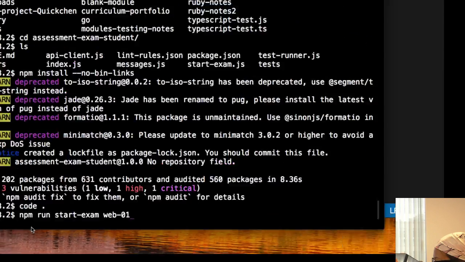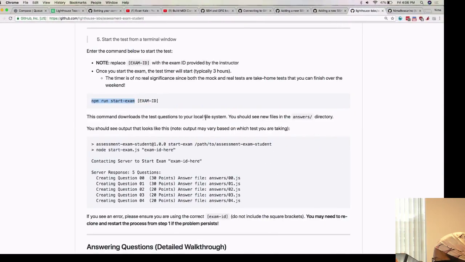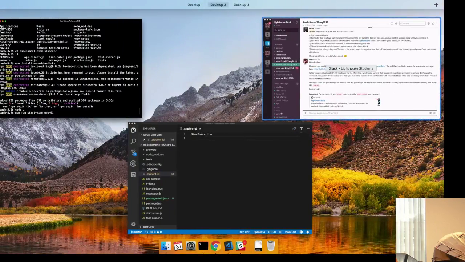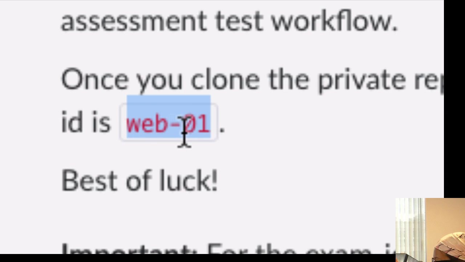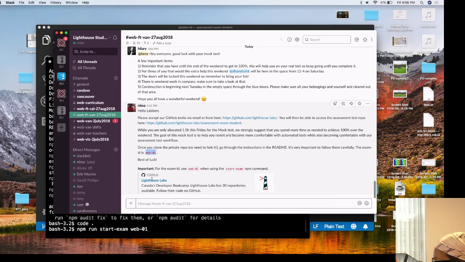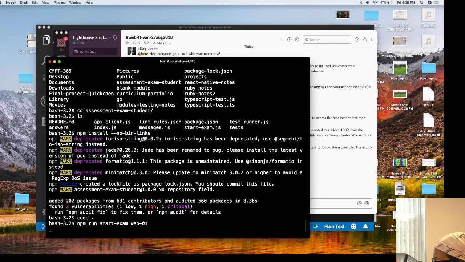I have this in the Slack message as well. So web-01 is what you're going to use. And then just press enter. Cool. And you should see stuff happen.